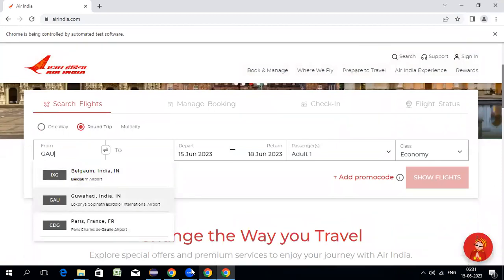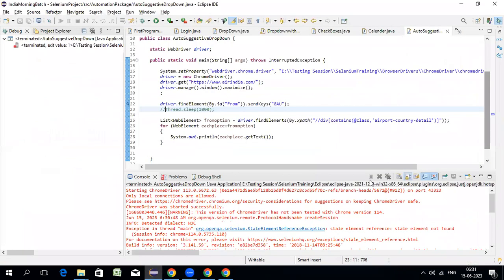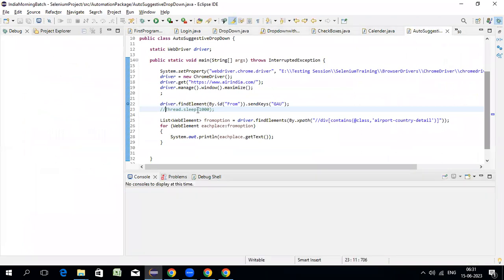Did you observe? Yes. So I'm telling the driver, after entering this value, just wait for 1 second and then read the values. In that 1 second, it is updating the actual list. So now from here, we have to write one more condition. If each